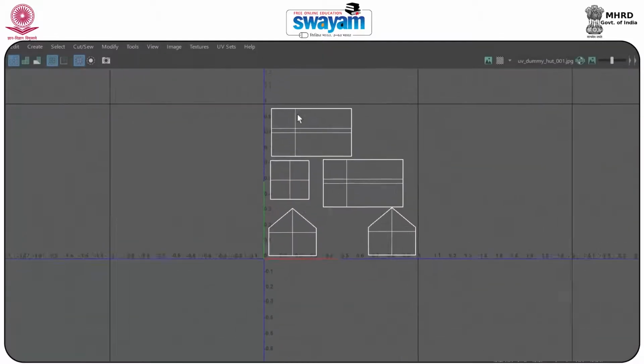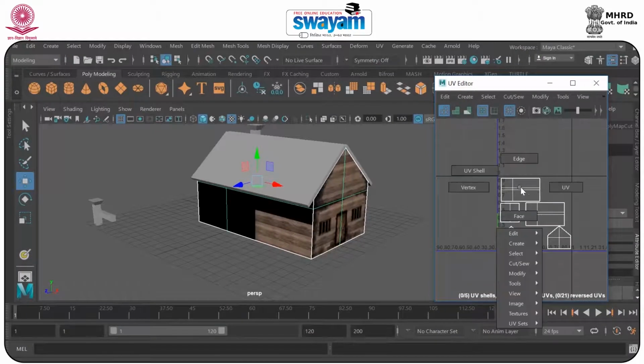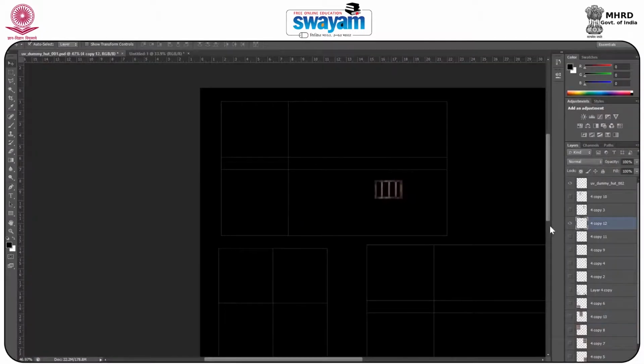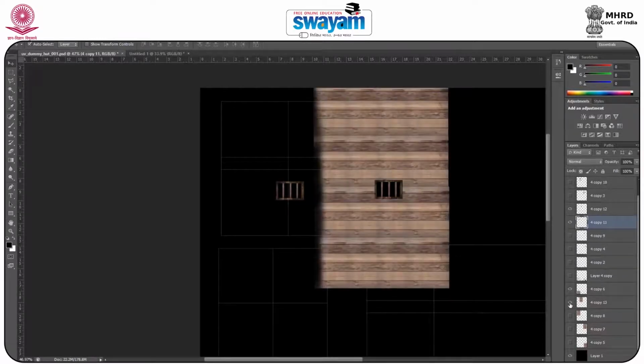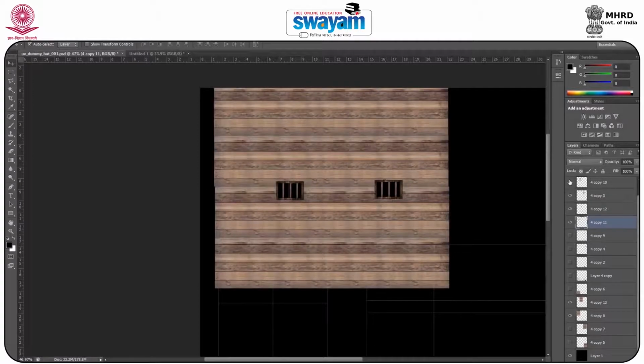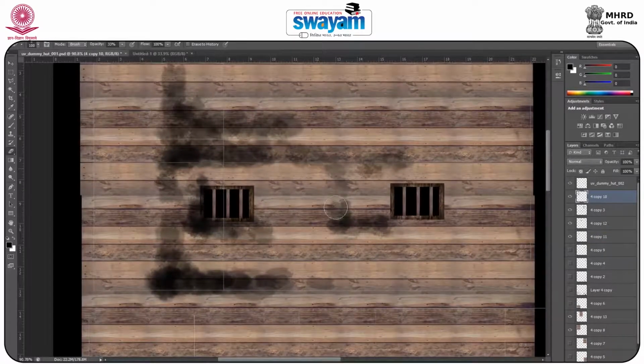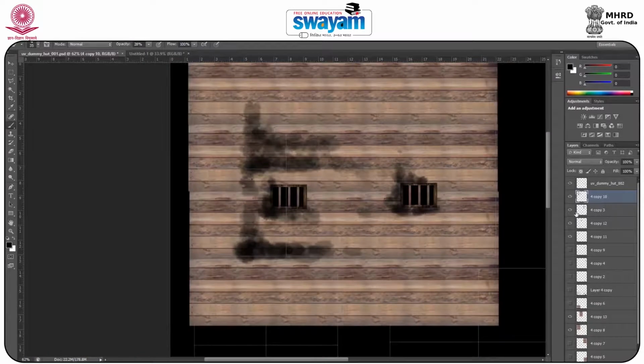So go to Maya. As you can see, this part belongs to this section, this one, and take the window here, the other one somehow here, and now we'll just open the texture and we'll put the grunges here, and also I think we have to remove this, and we'll just go to brush again in this layer only and just put it somehow here. So as you can see, we have